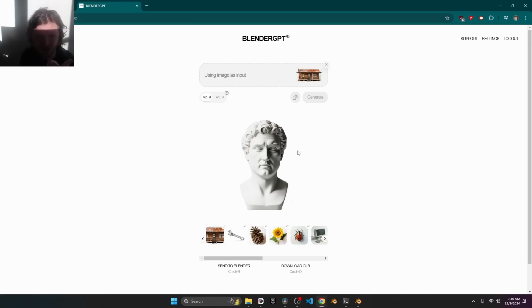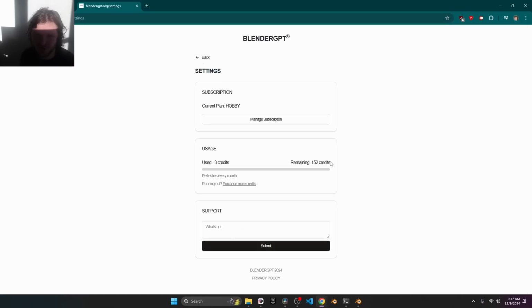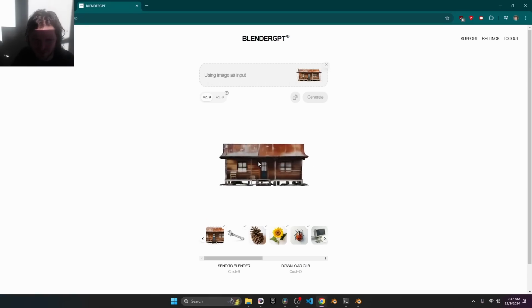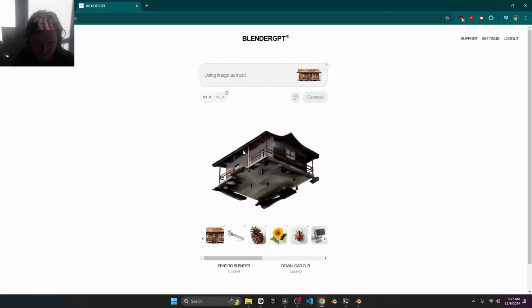While this loads, you should know it looks like a free website situation. It is not. So if you go to settings, there is a credit system that goes into this monthly subscription thing. I think when you get this for the first time, they give you like 2 or 3 generations to get you hooked, basically. And finally, moment of truth among many moments. We have the house, which seems about on par with the others.